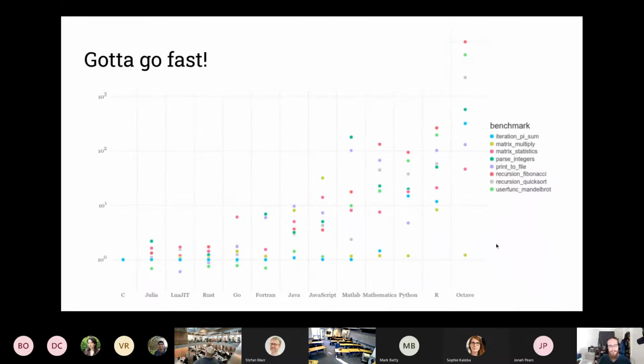This is an old plot. I should probably find out a new one, but this is one measure on our benchmark set, and as with all benchmarks, especially micro benchmarks, take this with a grain of salt. These were written to exhibit patterns of programming and to show that depending on how you choose to implement your program, you can either have very good performance,